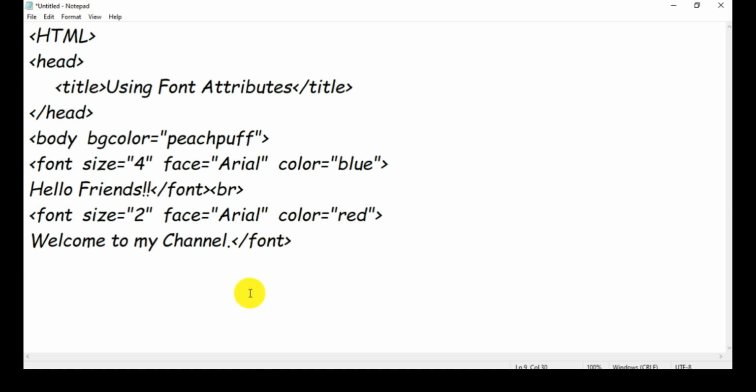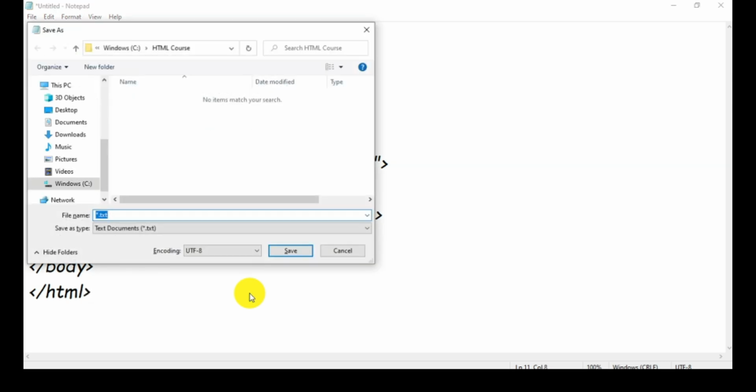And now we'll close the body tag as well, body tag, and the HTML tag. Yes, now I'll save it. Then I'll open the document, and then I'll write font attributes, font attributes, and you need to write dot